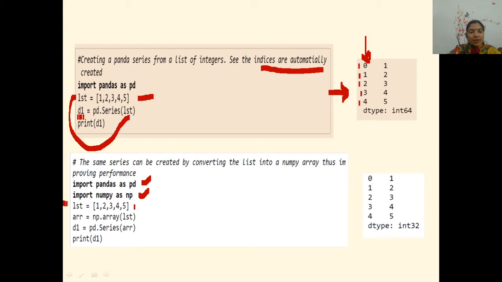But this time I am converting this list to an array, and this array ARR has been provided to series. And now this series has been printed. The same output, only the data type has been changed. So here the index is again automatically created and the series is created.